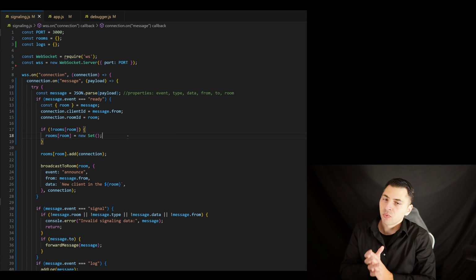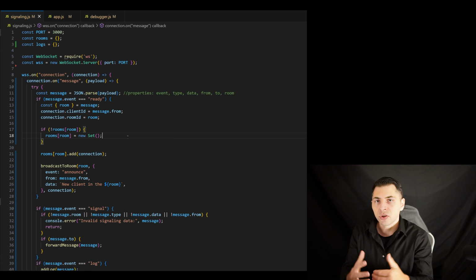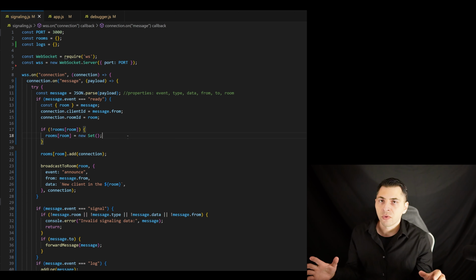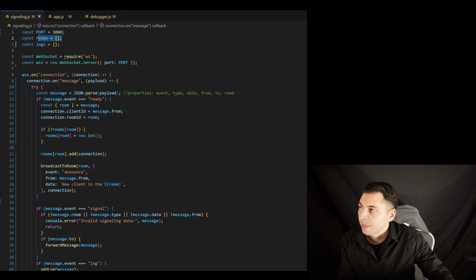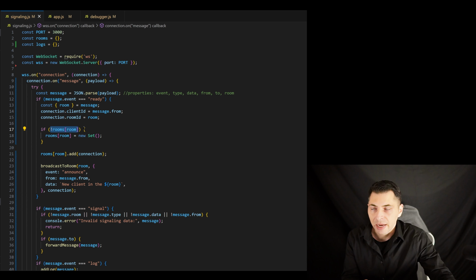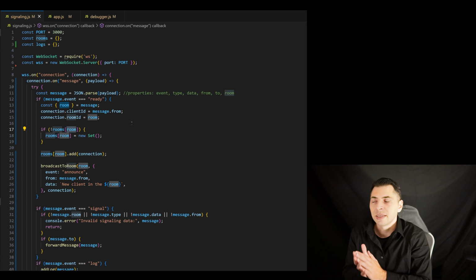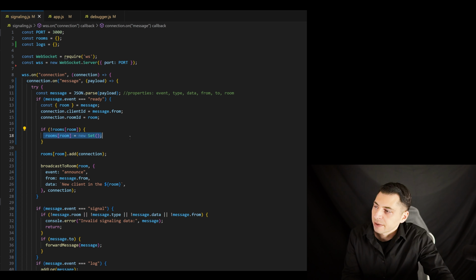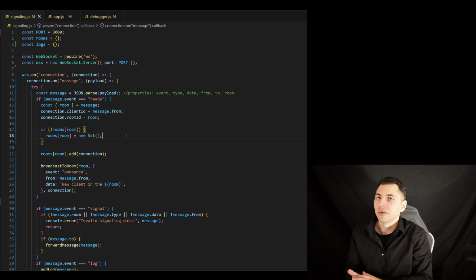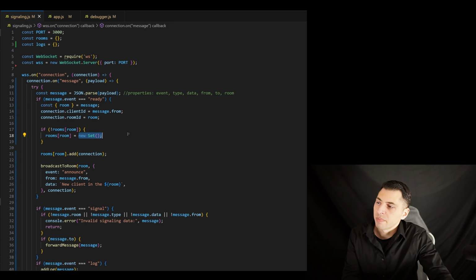So originally, when I first connect my very first client, clearly there are no rooms. This is completely blank. So in that scenario, this if statement here will be true. The logical question that we're asking here will have a positive answer, meaning if there is no key equal to room 1, the answer to that is yes. Therefore, I will do this. So it assigns a value to this key. So the key here is going to be room 1, and then the value is going to be an empty